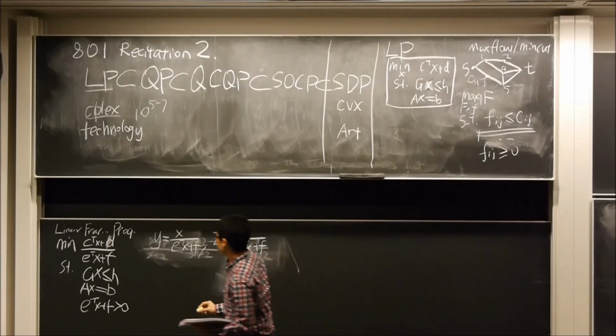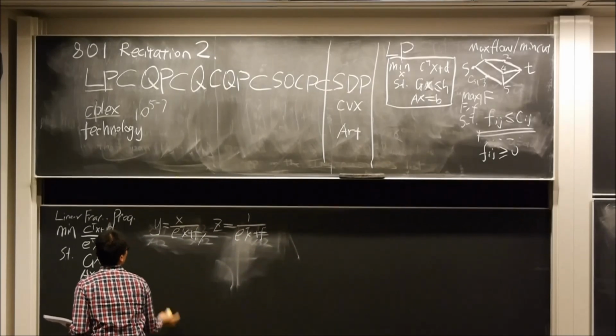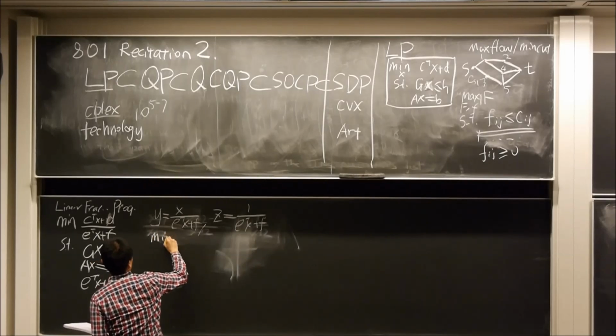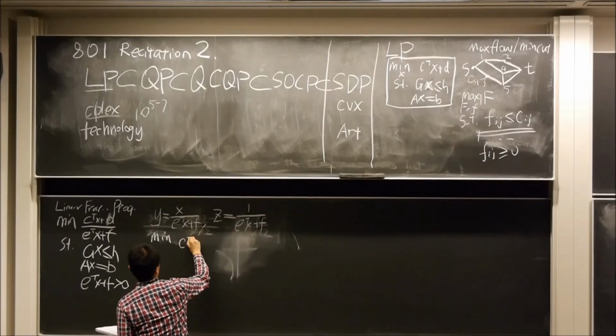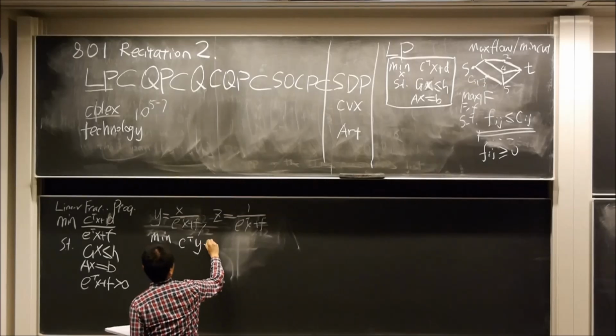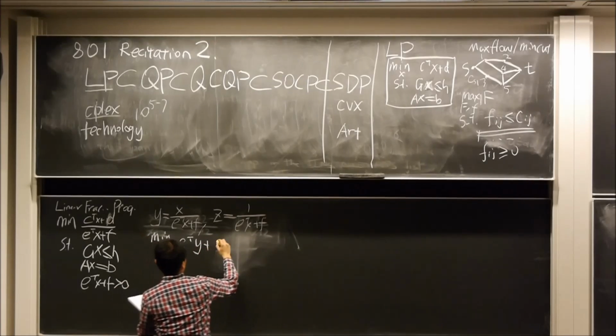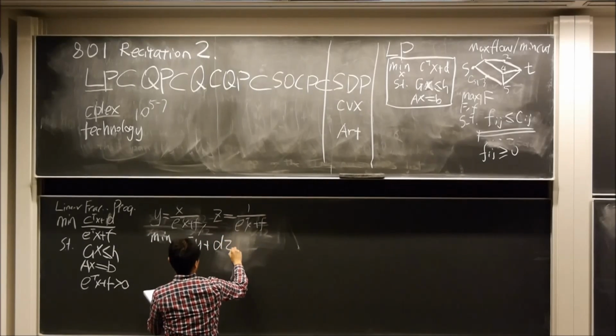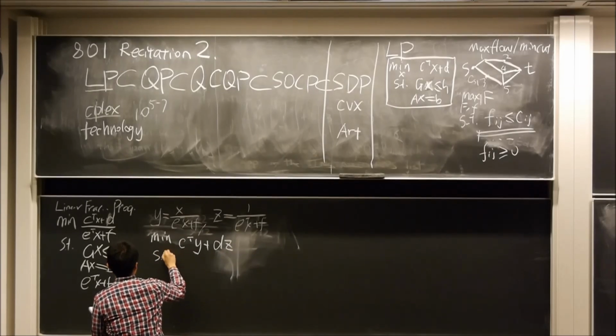In this way, the minimization becomes: minimize c transpose y plus dz, subject to